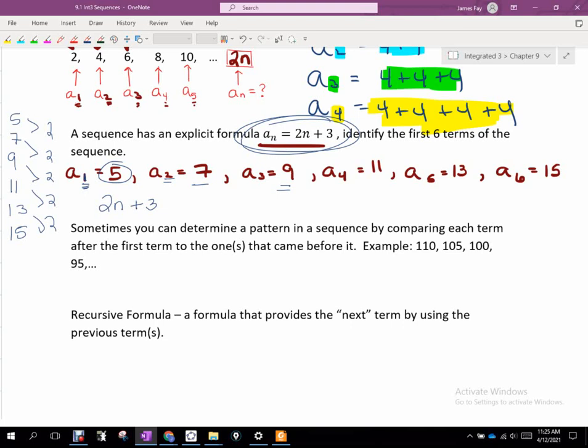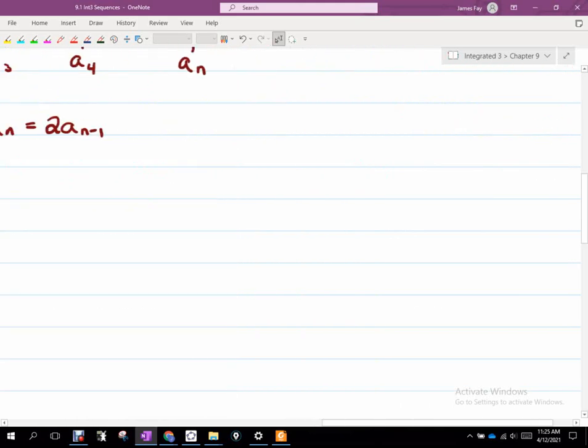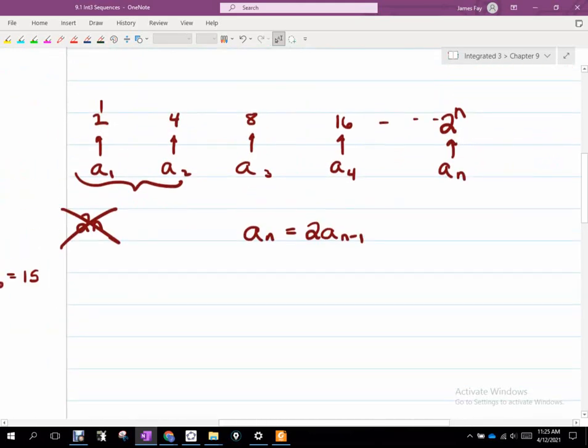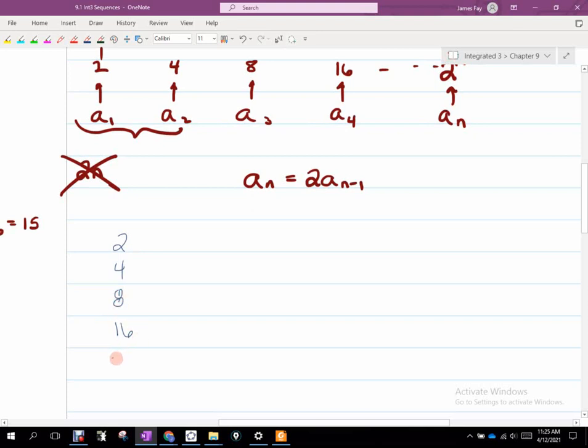If we go back to this one that went 2, 4, 8, 16, the next one would be 32. If I look at the difference here, there we see that there is not a common difference, right? Maybe I go down, look at this and go 2, 4, and then 8.